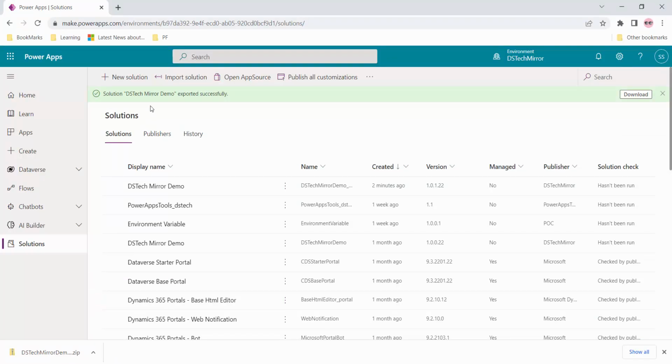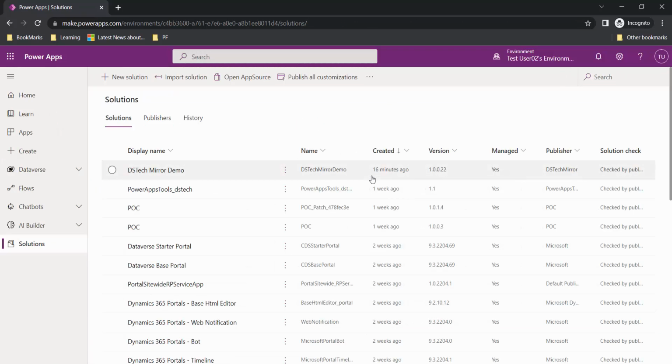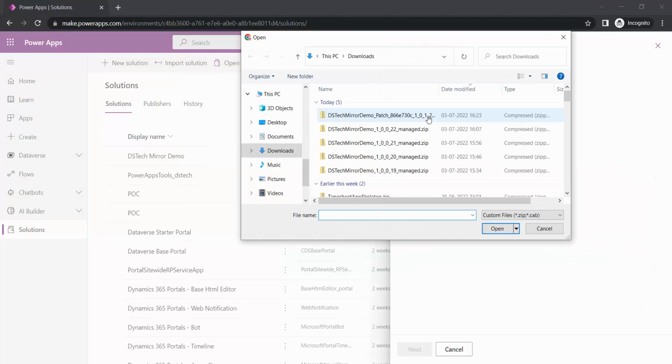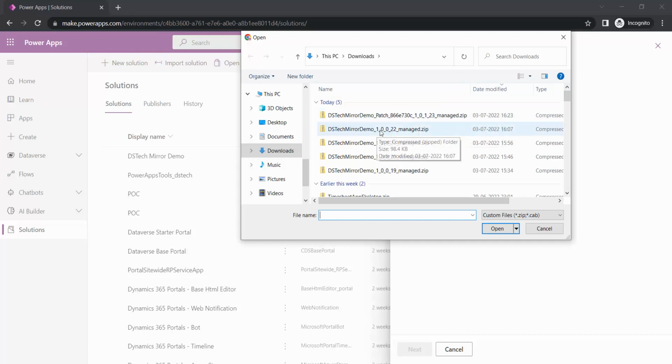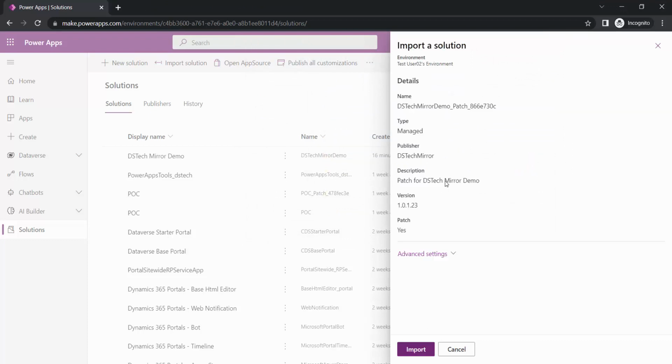This we will see. So now let me see whether it got published, it got exported. Fine. I will download. Let's go over here to the target environment. Over here I will import the solution, browse, and this is my patch version. By seeing this version, I can identify this is the patch. You can see major, minor, patch. Select next,